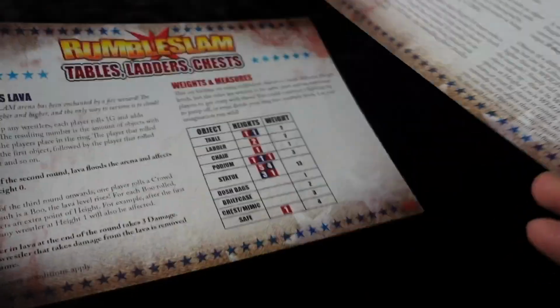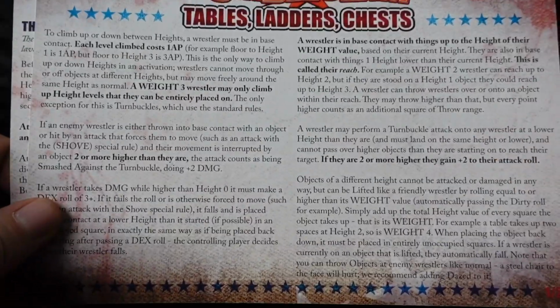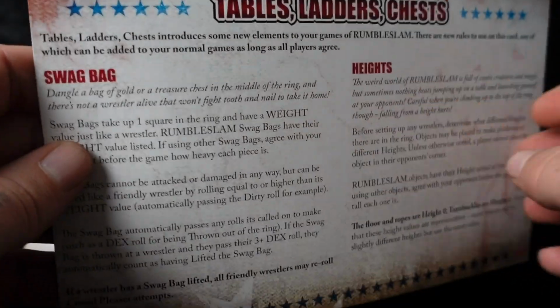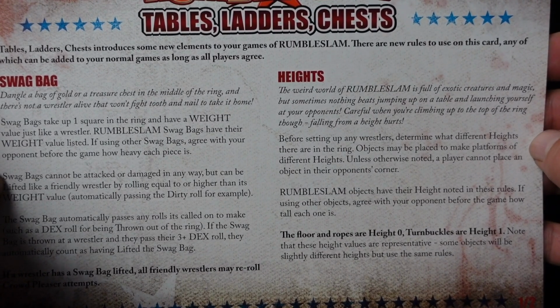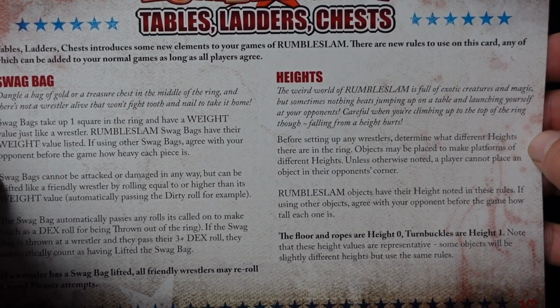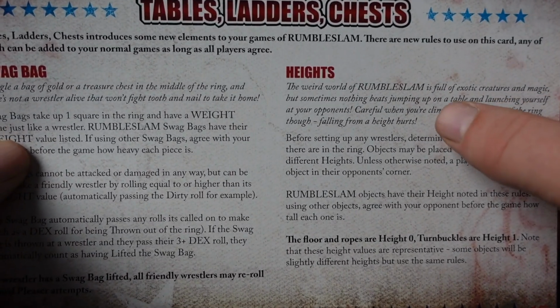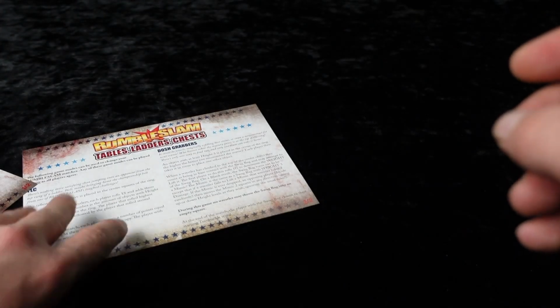And lastly, we've got the cards, as I figured there would be, for the various things. I'm not sure, page 1 of 2. So this one has basic rules for navigating these things. And then we've got rules for the swag bags as well as for the heights, how to interact with those two things. And then on this one, we've got some